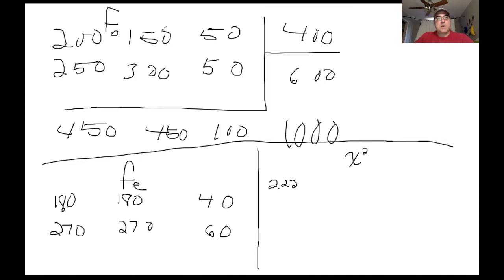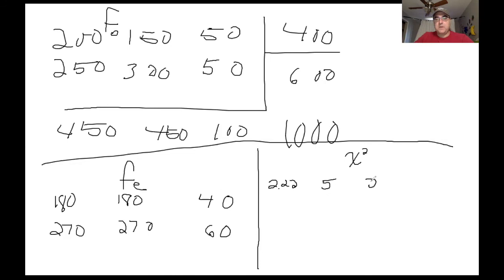For the next one over here, 150 minus 180, that's 30. 30 squared is 900. 900 divided by 180 again is 5. Double checking that. All right, for right here, 40 minus 50, that's 10. 10 times 10 is 100. 100 divided by 40, the expected frequency,